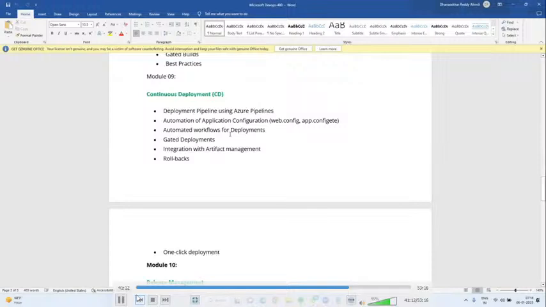Assume that you are the manager. Before deploying the application into production, once the manager provides the approval, then it goes live in the production environment. How to trigger an approval email, all that we will see in continuous deployment. This we call the release pipeline.